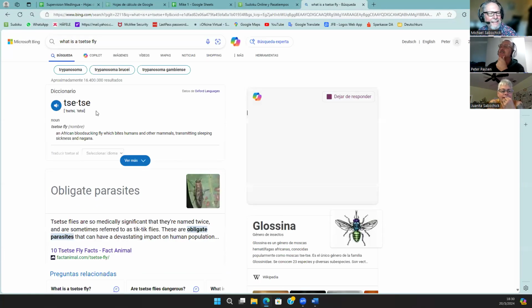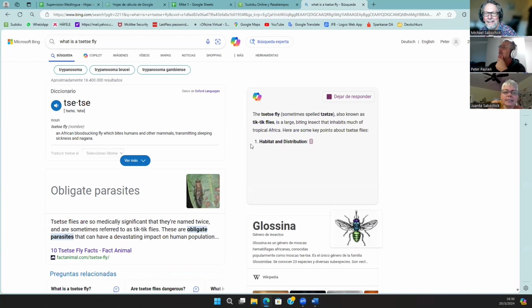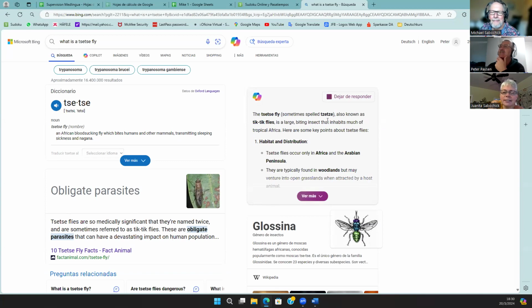Okay, there it is. It's a tsetse fly, sometimes spelled tsetse. Tsetse. Okay. It's called a tsetse fly. Now the way that Americans pronounce the